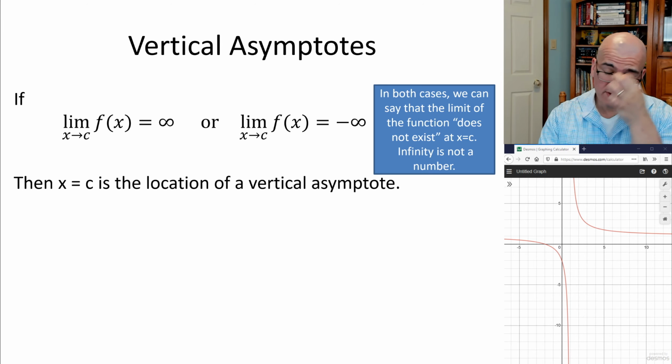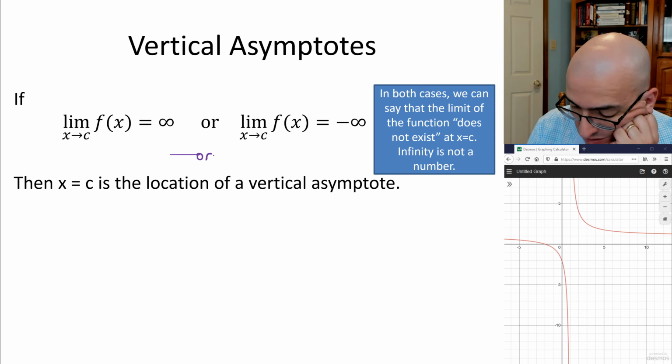So if told that there is a vertical asymptote at x equals c, then one of these things must be true. Limit as x approaches c of f of x must be plus infinity or minus infinity,